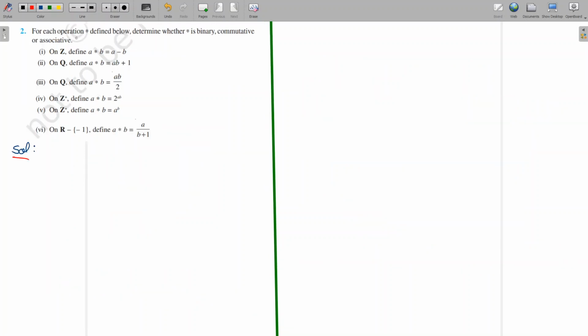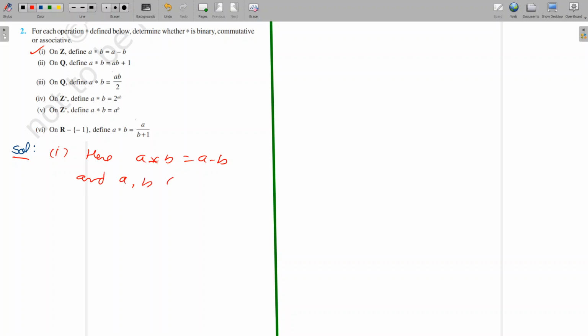Question number 2. For each operation star defined below, determine whether star is binary, commutative or associative. So first one, let us check whether star is binary or not. So here, let's do the first part. Here A star B is equal to A minus B, and